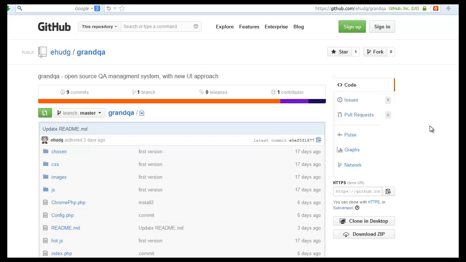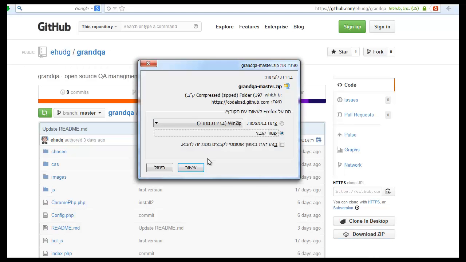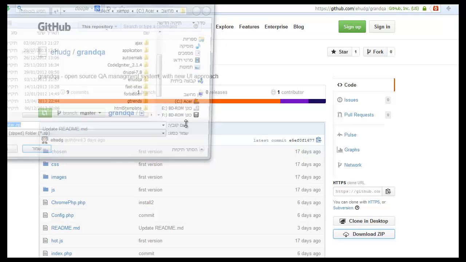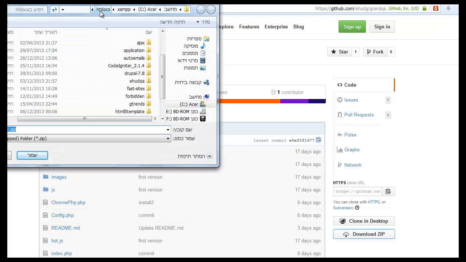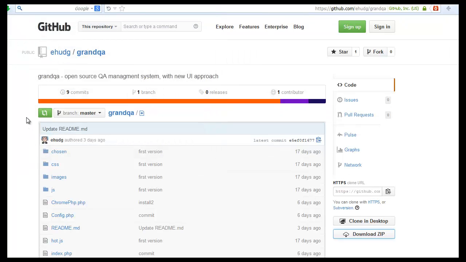I will show you today how to download, install and use the GrandQA open source QA management system with a new UI approach. First of all, go to the project page inside GitHub and simply download the zip file, which contains all the necessary files. Place it in your htdocs folder, save,